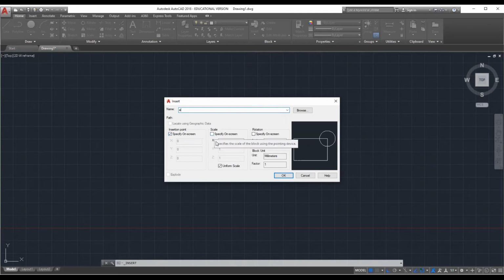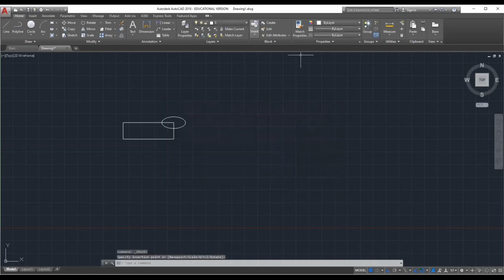Scale. Here, uniform scale is highlighted. So click on this uniform scale. Scale X is changed from 1 to 2. Y is as usual 1. Z, there is no Z axis here. Go to insert.